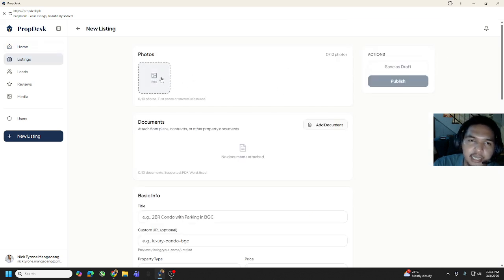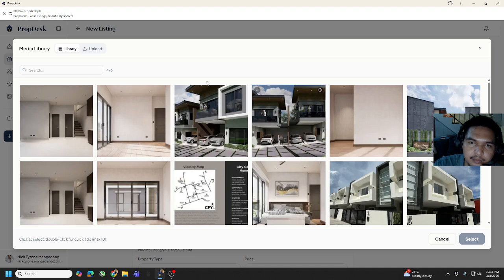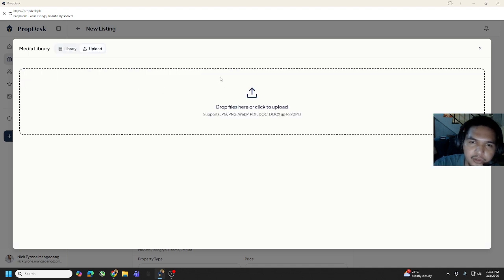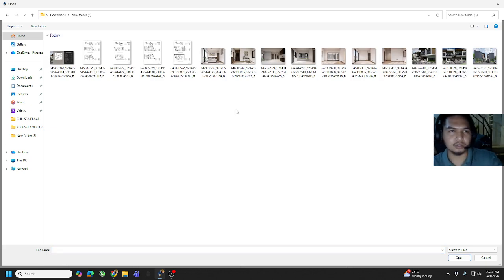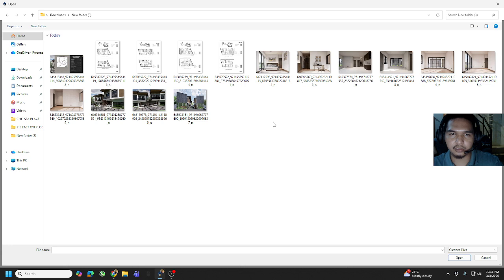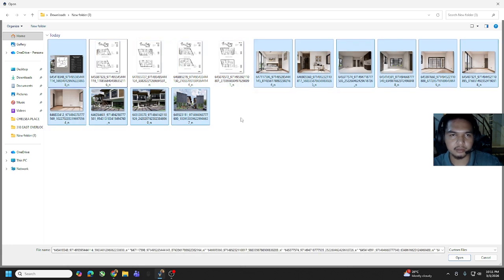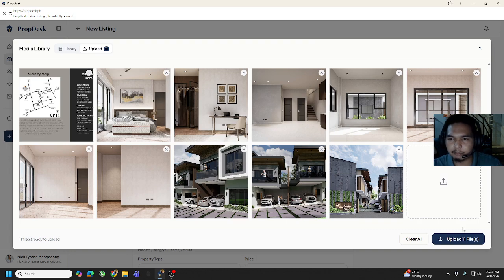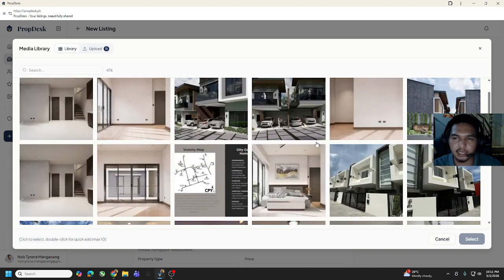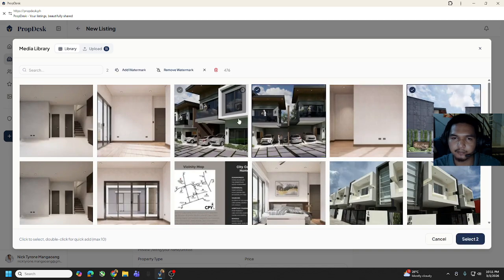then you can click add. We can upload photos, so for example this one. Just select all the photos you want to upload. You can just tap open and then upload 11 files. Since I've already uploaded those, I'll just click the library and select those 11 files.